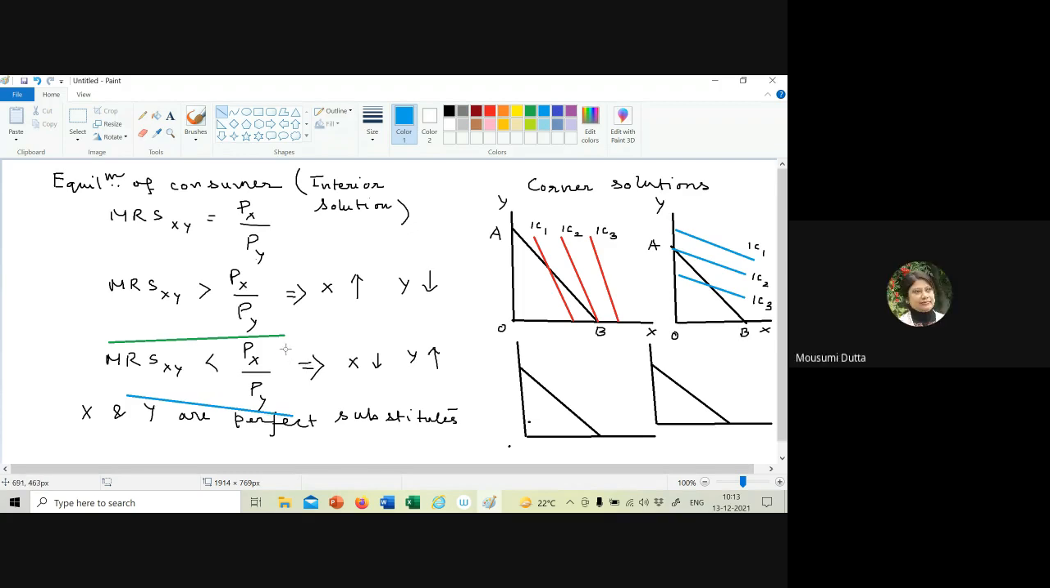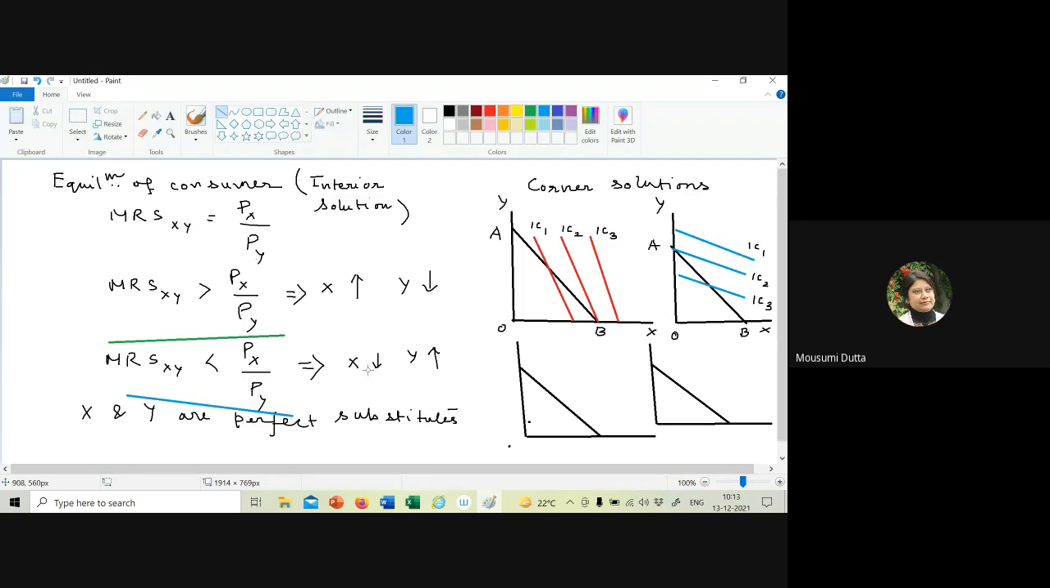Consumer will be more and more satisfied if she can continuously reduce consumption of X and increase consumption of Y. Y is always more valuable to the consumer with respect to the price she is paying for Y. Okay, so in that case,